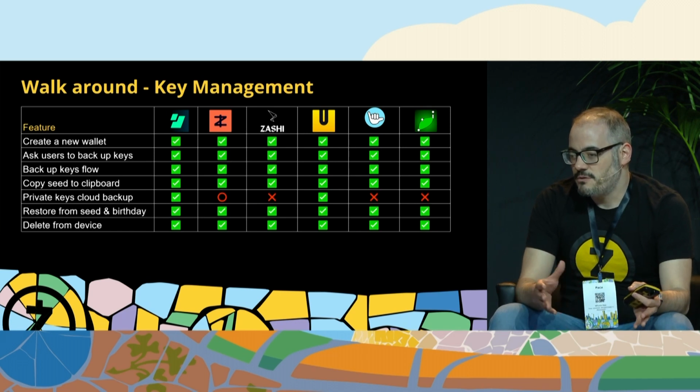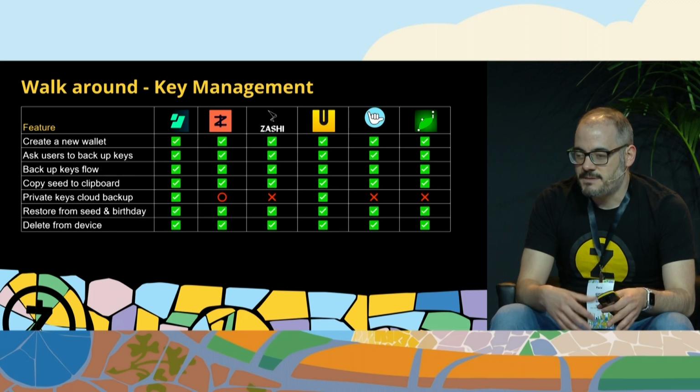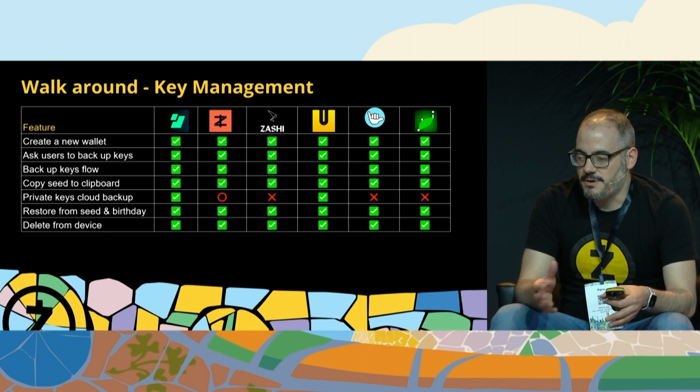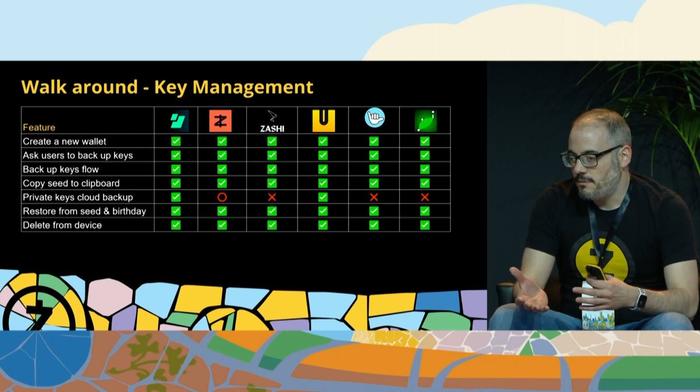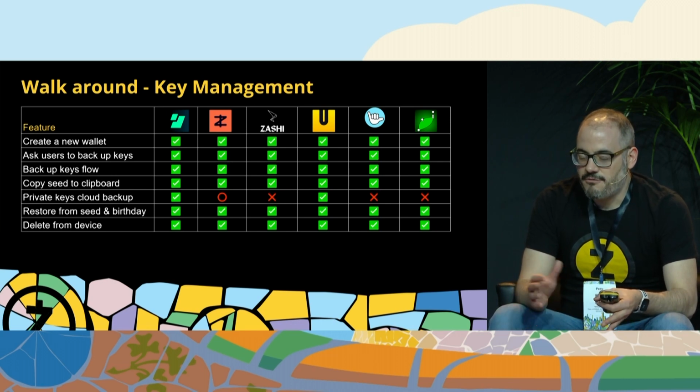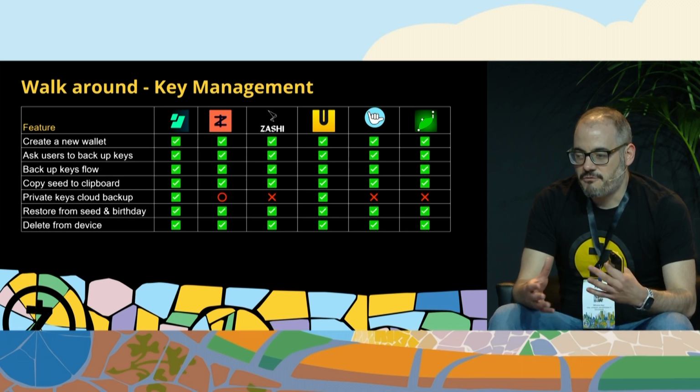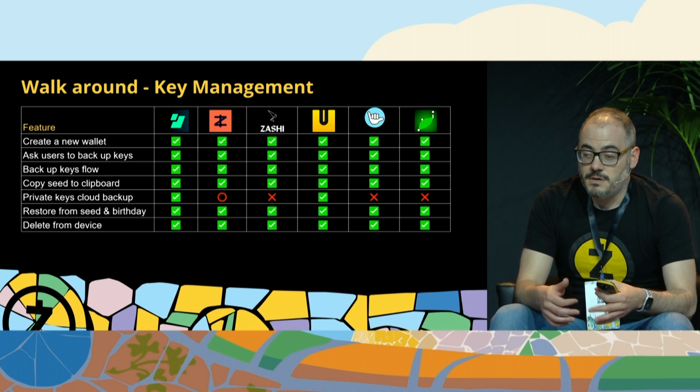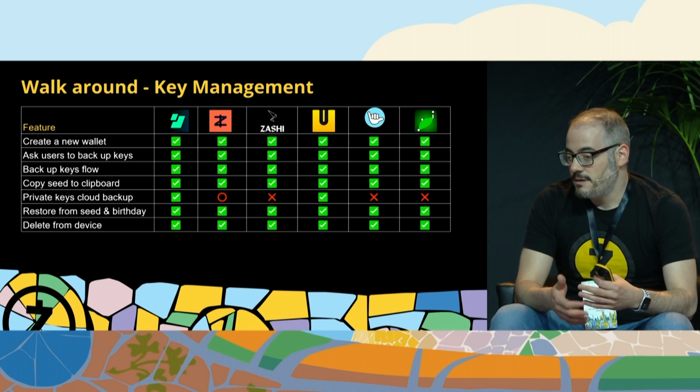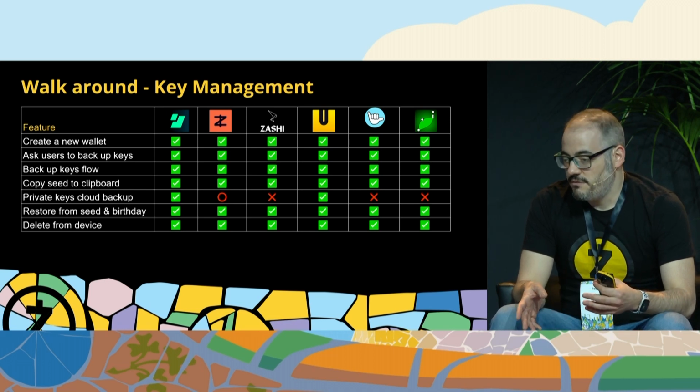Others also offer a little puzzle to exercise the backup and make sure that the user has backed up the keys correctly. And other wallets offer an effortless way of saving the private keys to the cloud. In the case of Edge, they have